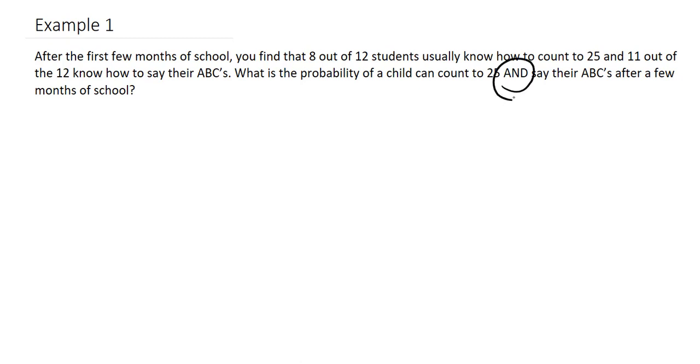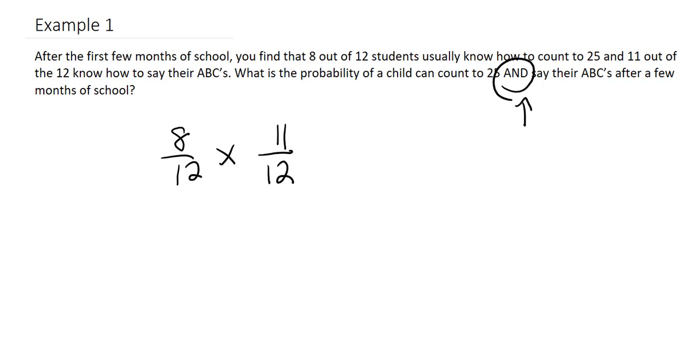Notice we see the AND probability. We're looking to find first the probabilities. So we have 8 out of 12 know how to count to 25, and then 11 out of 12 know how to say their ABCs. And since this is AND, we're going to multiply these two